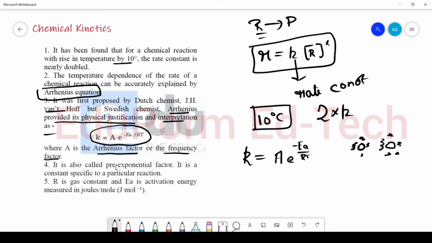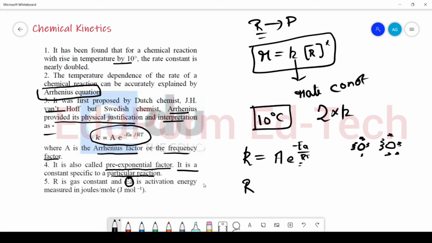This A is also called the pre-exponential factor, and it is a constant whose value is specific for a particular reaction. Now, R is the universal gas constant, whereas Ea is the activation energy. The concept of activation energy we will discuss in the activated complex theory. The definition of activation energy is the minimum amount of energy required for the formation of an intermediate complex that converts